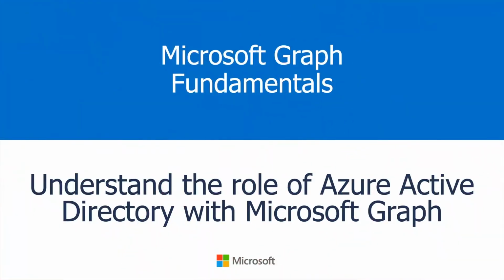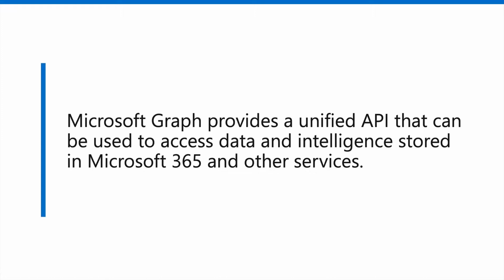Before we dive into the application, it's important to understand the role of Azure Active Directory with Microsoft Graph. Earlier in the previous module, we saw this definition: Microsoft Graph provides a unified API that can be used to access data and intelligence stored in Microsoft 365 and other services. So by using Microsoft Graph, we can take advantage of a secured unified API and get access to this data throughout our organization, make it accessible to our users, and hopefully that gives our company